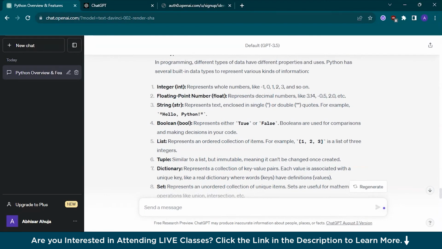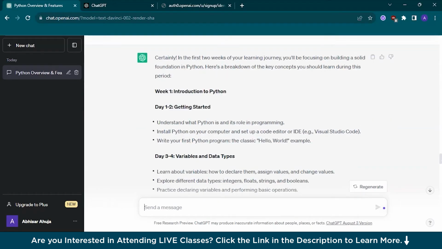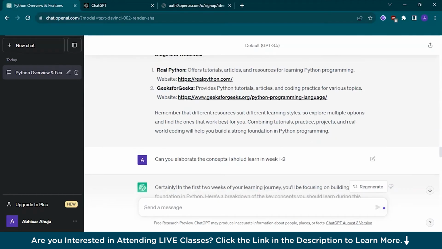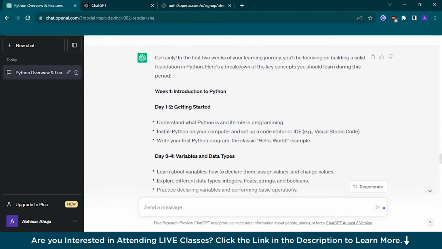So this is how you can learn Python. First, you can have a roadmap and you can ask ChatGPT to act as an instructor or a guide, and it will provide you the whole roadmap. And after that, you can break down the roadmap. That is, we have asked it what concepts we should learn in week 1 and 2. You could also ask for week 1, and after that, you could just take out day 1 or 2,